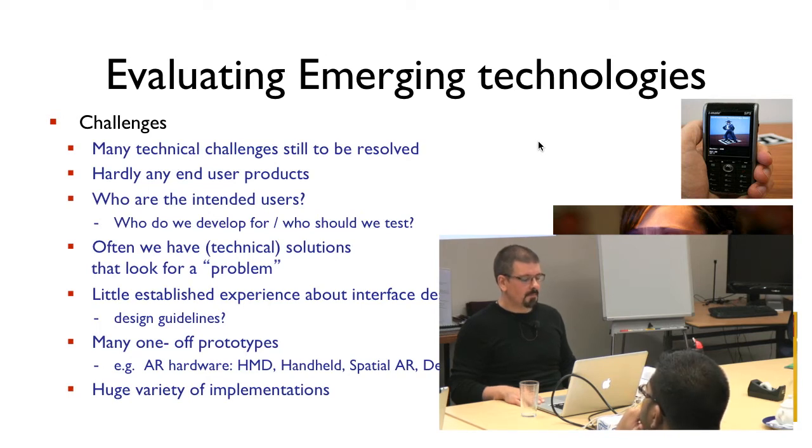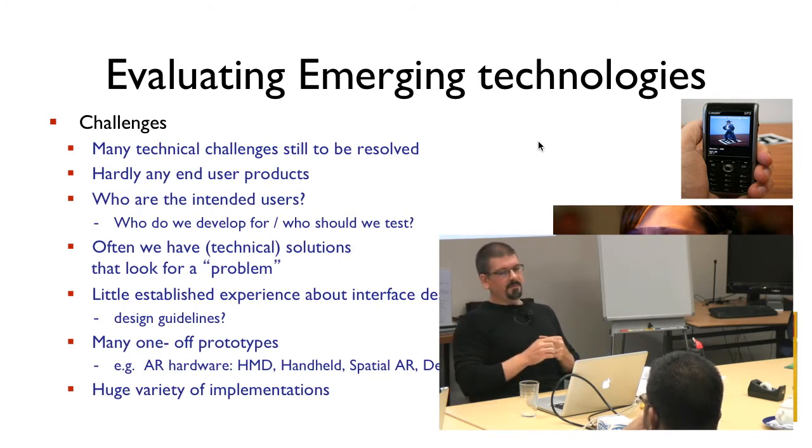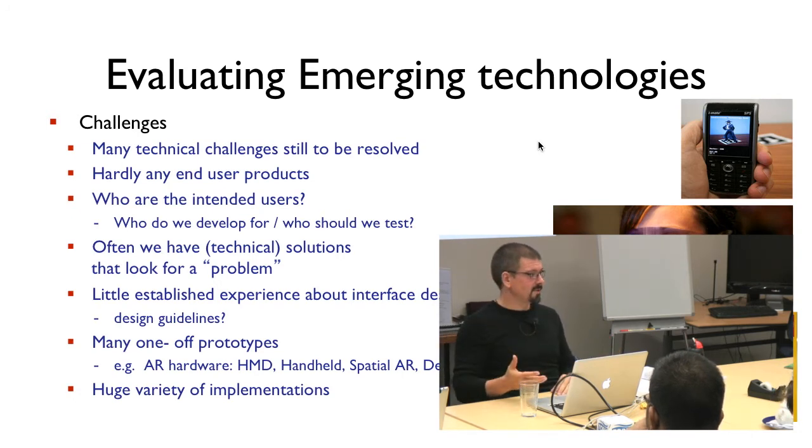So there are certain challenges, I guess, if you want to evaluate emerging technologies compared to more standard or more commonly used computer interfaces. HCI, as you probably read in the book as well, has a long history, and most of the evaluation approaches commonly used grew out of this history, for example usability evaluation approaches and all those usability heuristics you can use.